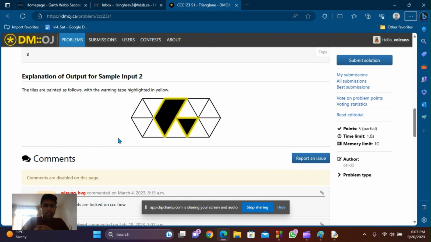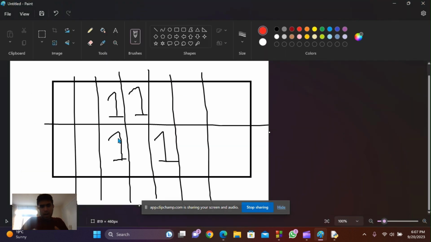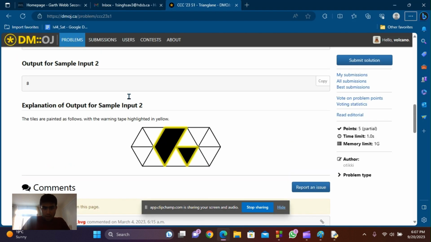If you ignore that other factor, then by default, all tiles must have 3 meters of tape to cover to border them. So we just need to figure out how we can reduce that 3 meters to a lower number. By default, this tile, for example, needs 3 meters of tape. This needs 3 meters of tape, and so on. So the way we can have it reduce is